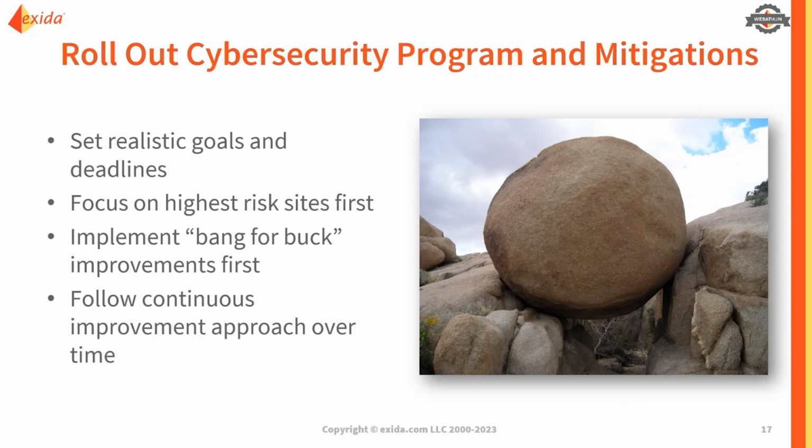And we can also talk about what I call the bang for buck improvements or the low hanging fruit, where based on the risk assessments, a lot of times we'll see there are going to be specific threat scenarios, whether it's an internal disgruntled employee or let's say remote access that's not well controlled for legacy accounts. And we're going to see that for each of our different zones or a lot of our different systems, those same threats or those same causes are leading a lot of our high risk scenarios. And so if we identify that and we can address those areas first by implementing countermeasures that knock out a lot of our risk, that are easier to do, we should always start with that and take the simple steps that we can to reduce the risk now,